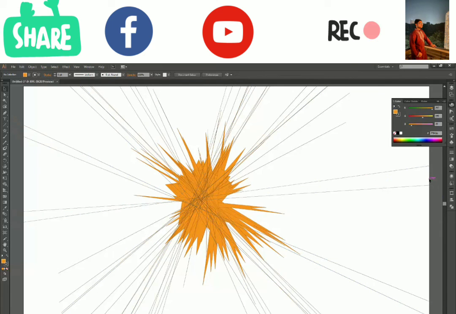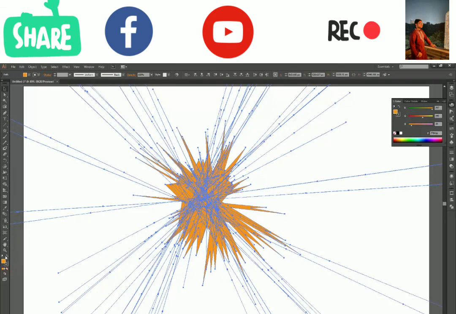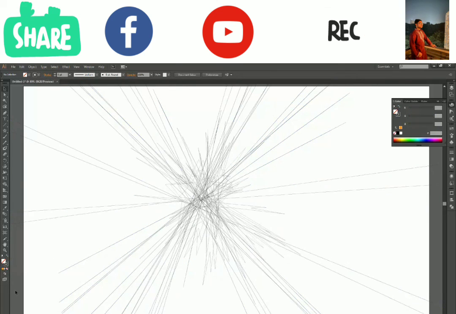I don't know whether it makes any sense or not. Let's have fill none, and yeah, it gives a little abstract design kind of feel, and you might want to use it somewhere. I don't know where we should use it, but yeah, it's just a demo of all we can do using the transform each option.